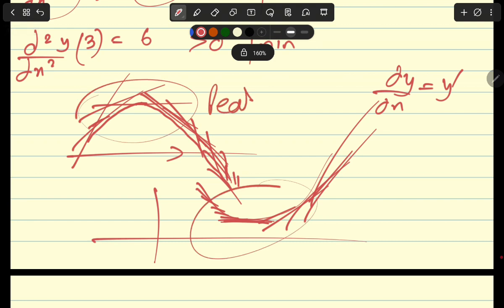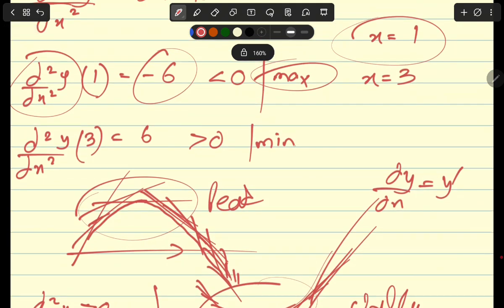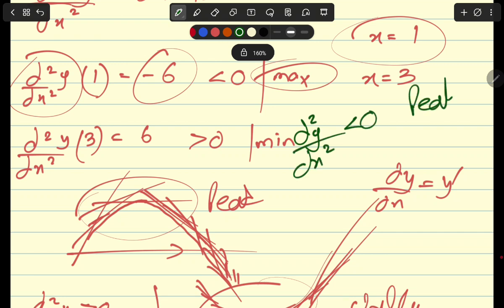So when your double derivative is greater than 0, you have a valley or a minimum point, or when your double derivative d squared y upon dx squared is less than 0, then you have a peak or a maximum point. Okay,